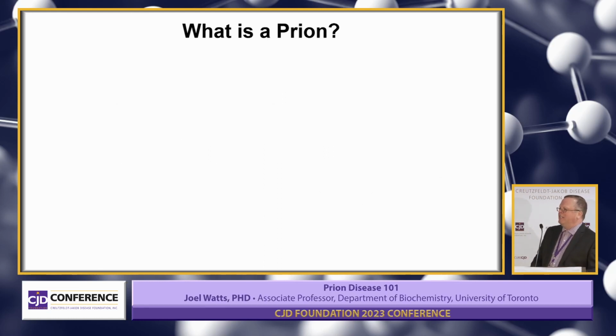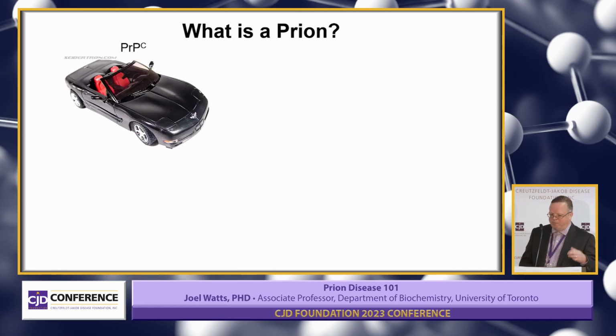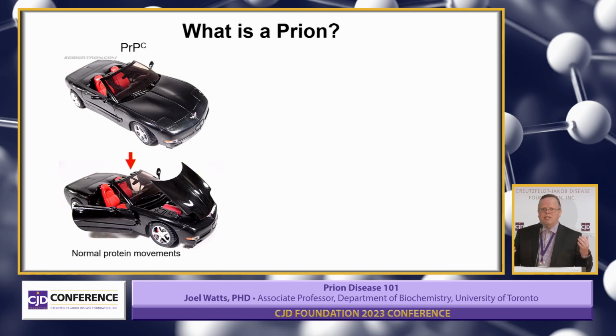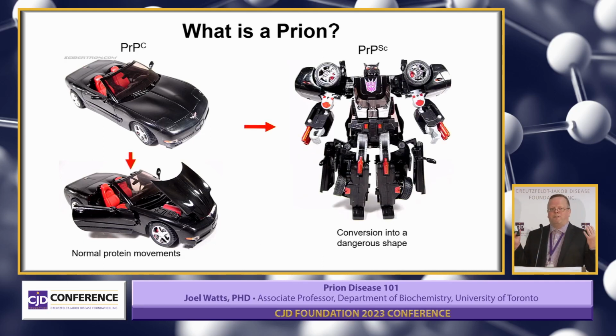Okay, so what exactly is a prion and how does it work? Some of you who have watched the talk I recorded for the foundation last year may have seen this slide already, so don't spoil it for others. If you think of PrPC as a car, a Chevrolet Corvette, then like other proteins, PrPC is a dynamic entity. It can undergo slight fluctuations in its structure. For instance, it can open its roof, it can open its doors, it can open its hood, but it's still a car. You can still tell it's a car. So what happens in prion disease is you have conversion to a structure that is fundamentally different and one that is dangerous to a cell.